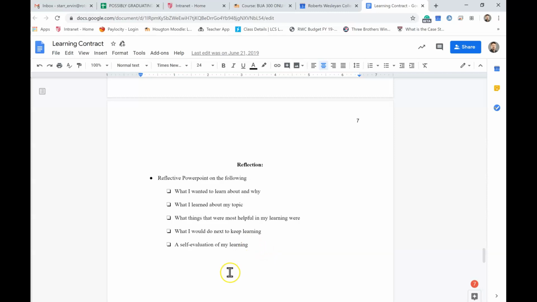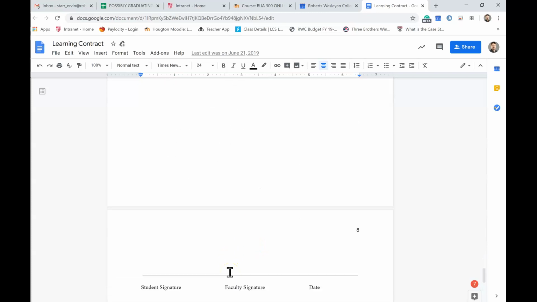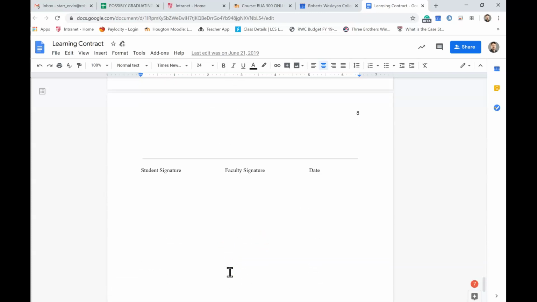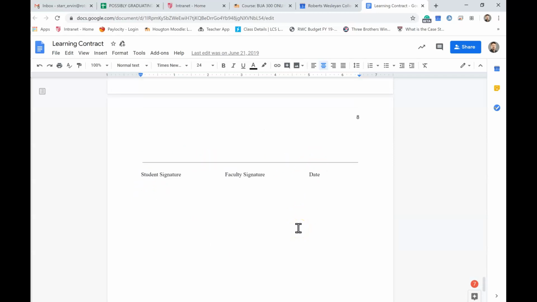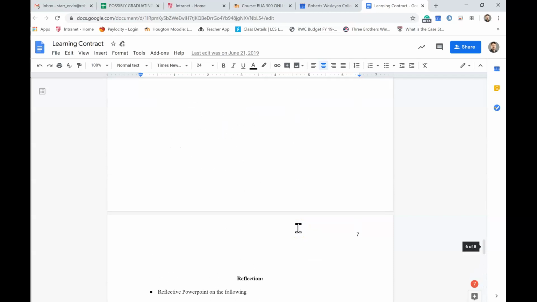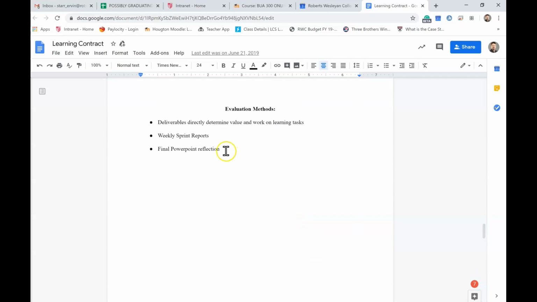And so that's a learning contract. And then you do need literally a place for you to sign, me to sign, and the date. Now, I will tell you that I'm not big on killing trees for killing trees. So if we came up to this and we deleted